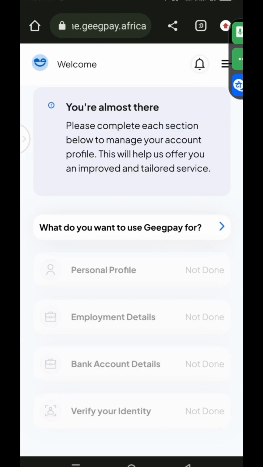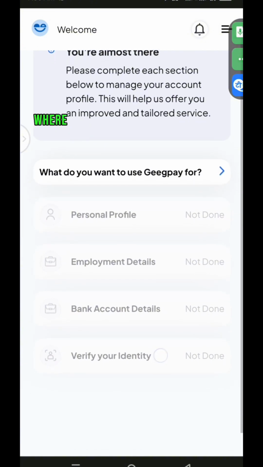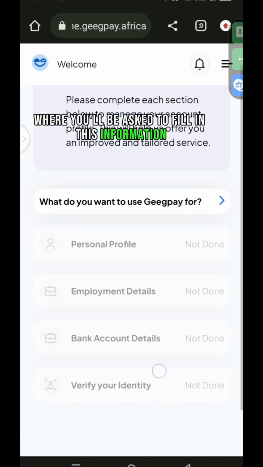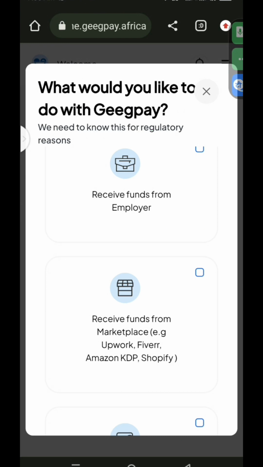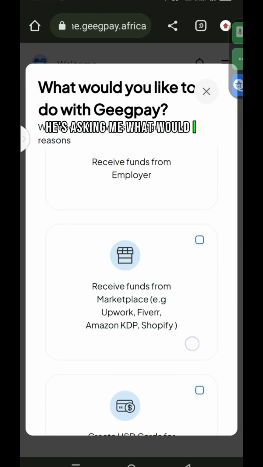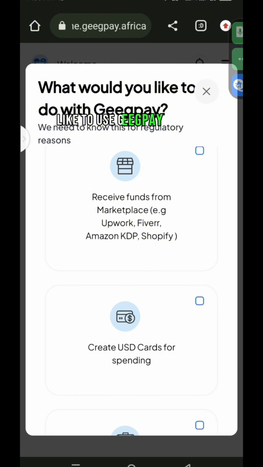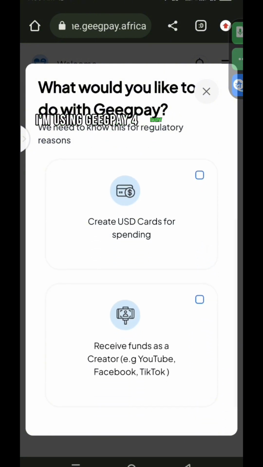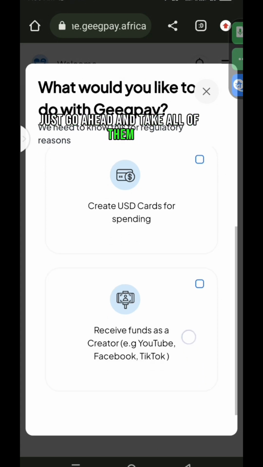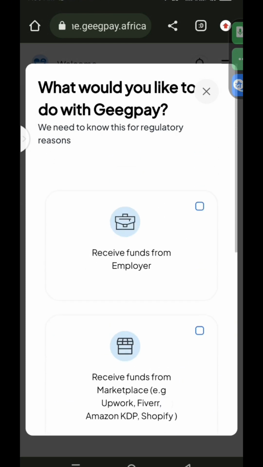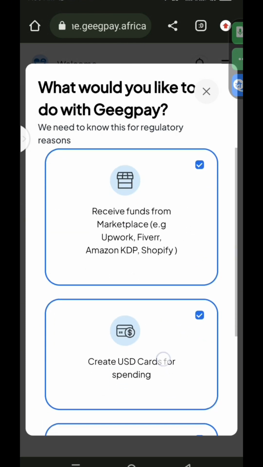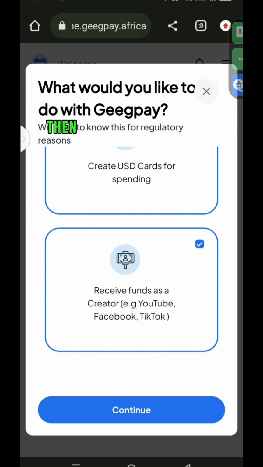So you will be brought to this dashboard where you'll be asked to fill in this information, your personal information, employment, and all of that. So I'll just go further to tick in these boxes. Here it's asking me what would I like to use GPay for. Eventually I'm using GPay for everything that is listed here, so I'll just go ahead and tick all of them. Then I'll click on continue,